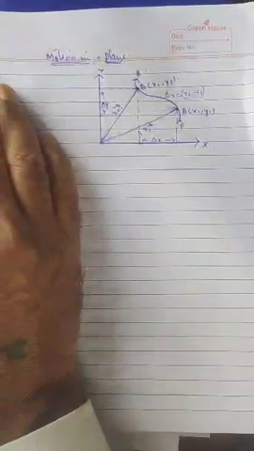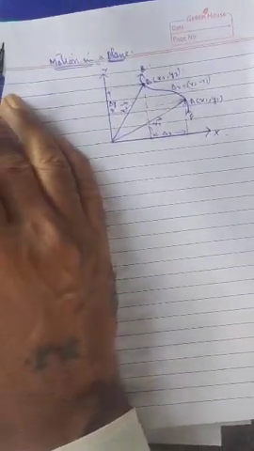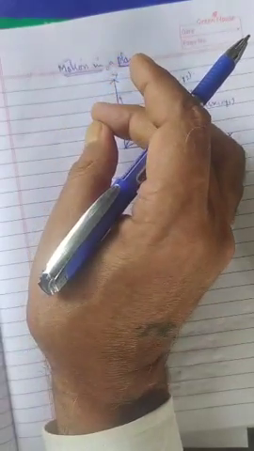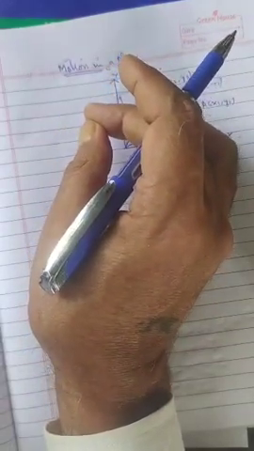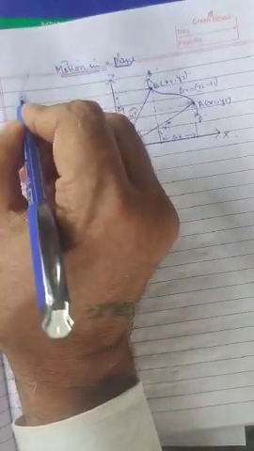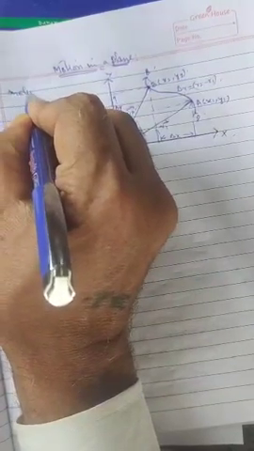आज हमें नया चैप्टर पढ़ना है, मोशन इन ए प्लेन। ये जो मोशन इन ए प्लेन है, इट मीन्स दैट मोशन इन 2 डायमेंशंस। समझ में आया है? मोशन इन ए प्लेन इज नोन एज मोशन इन 2 डायमेंशंस। हम पहले 1 डायमेंशन पढ़ते थे, अब मोशन इन 2 डायमेंशन देखेंगे।